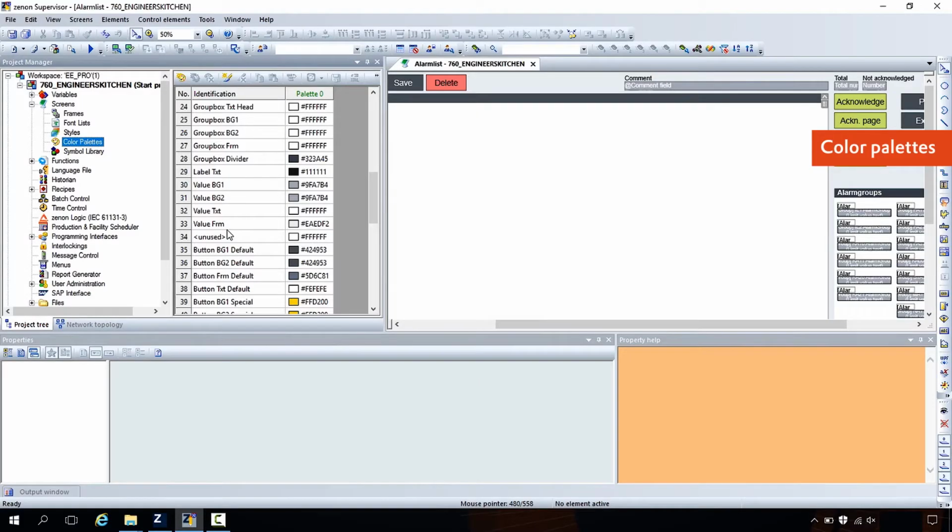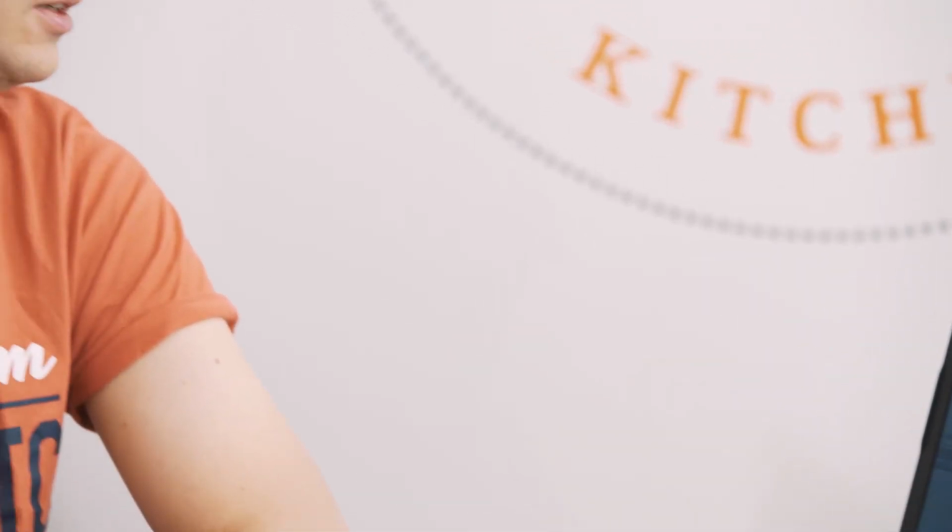Basically the same thing for the color palette. You can centrally store all the colors used. Again, a good thing is to use them by context, and not red, blue, green. That doesn't make much sense, right? And general symbols, symbols which you're using more than once, can be stored here: buttons or motors or whatever, some more complex stuff.